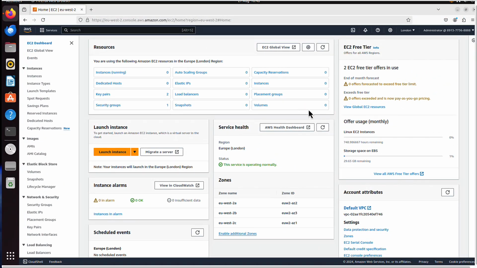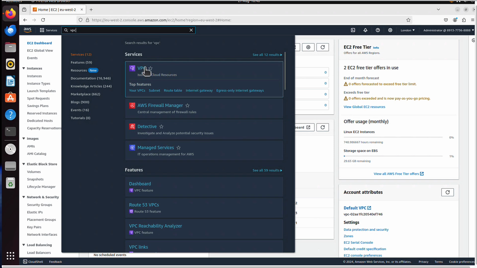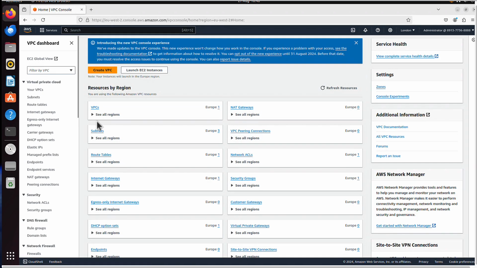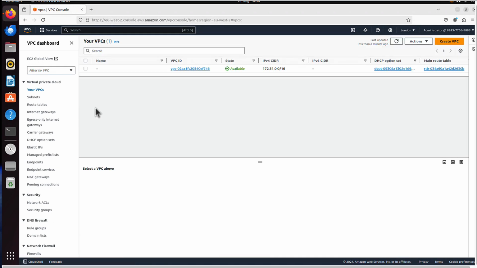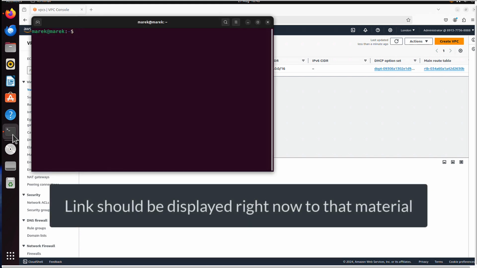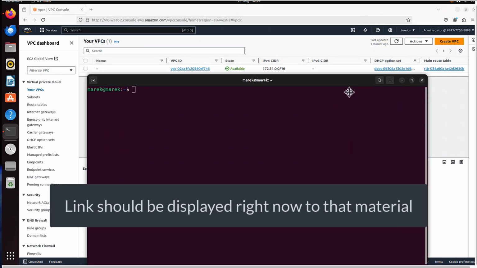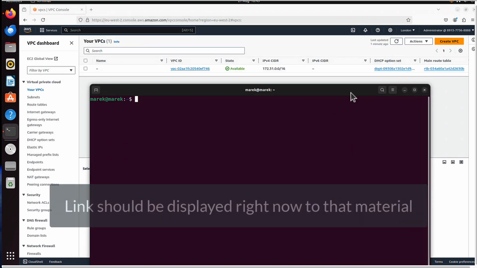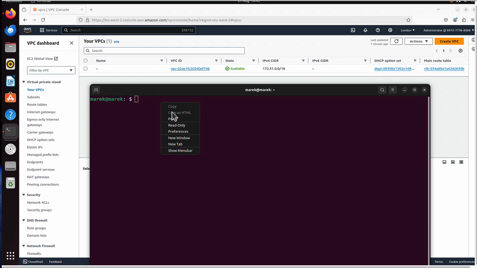First I want to create a VPC. If we go to Service VPC, you will see one VPC already there, but it's the one that AWS creates for you by default. And as I said, I could click just here, create VPC, and it would create a new VPC for me, but I want to use the AWS CLI only. And the only requirement is you have to have the AWS CLI configured. And we talked about how to configure the AWS CLI, so I will not repeat it here. I will keep pasting the commands, and you will see what's happening in the background.